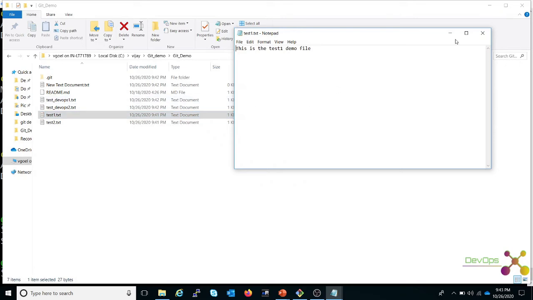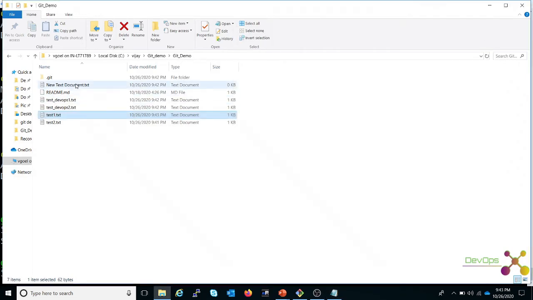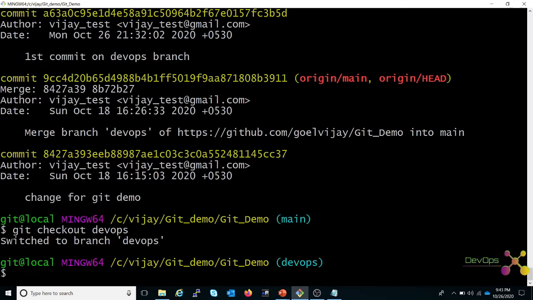Test1 is already there. I have done one change in test1 in the first line. Okay, let's create a commit of that.